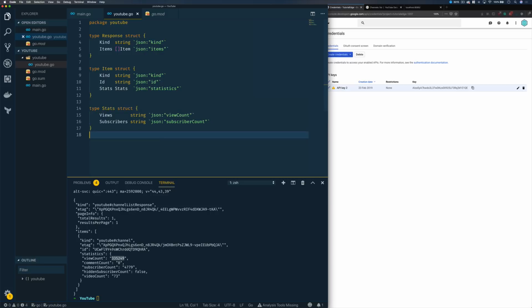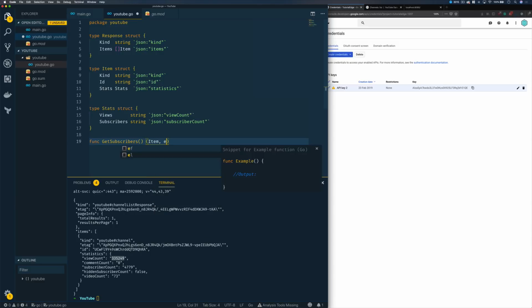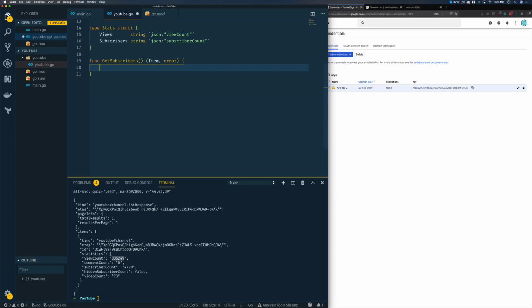Now the next thing I'm going to do, just below here, is define a function called getSubscribers, and this is going to return an Item or an error. So within this function we're going to want to do the following. var response, which will be of type Response. Below this we're going to want to create a new request. So request, err is equal to